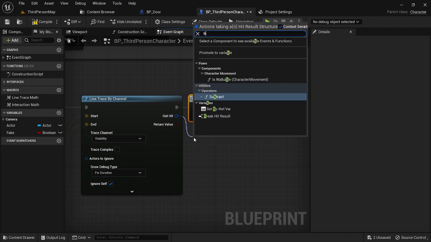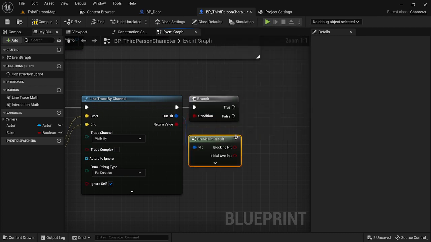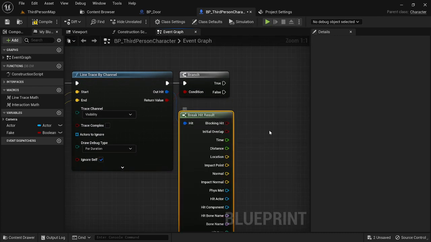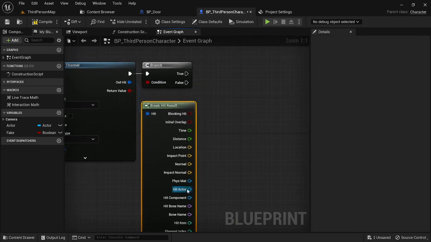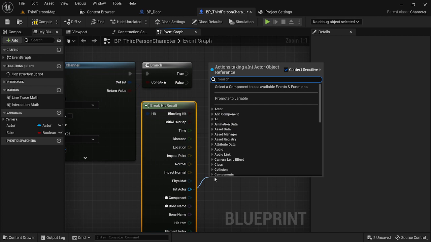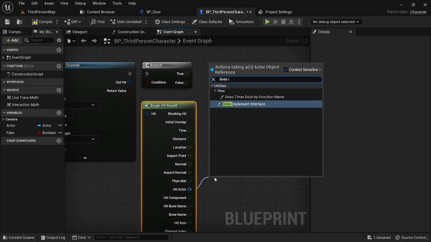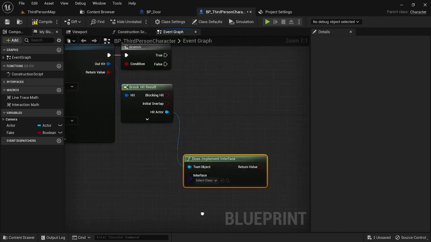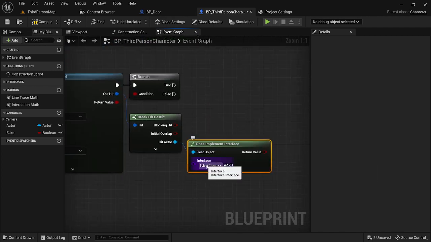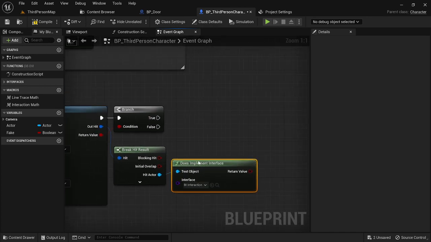From there, we're going to break hit result. This is going to get us all the data from whatever our line trace actually hits. And we want to go to hit actor. So this is just going to be the actor that we hit. So we're going to get a node called does implement interface, which is referring to our blueprint interface. We're then going to go down here, BI, there. So if it implements the interface, this particular one, we are going to run